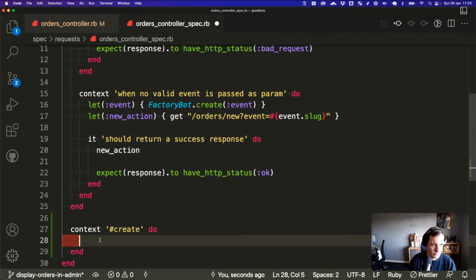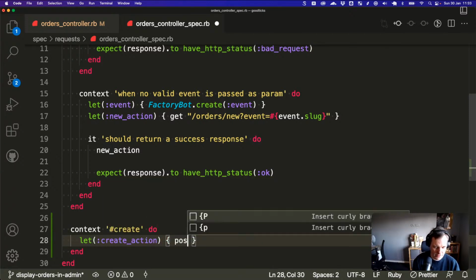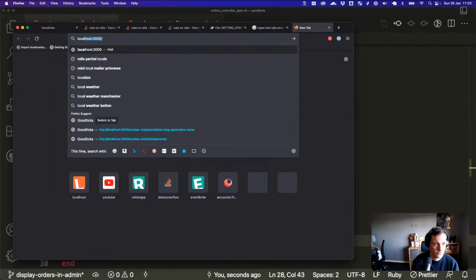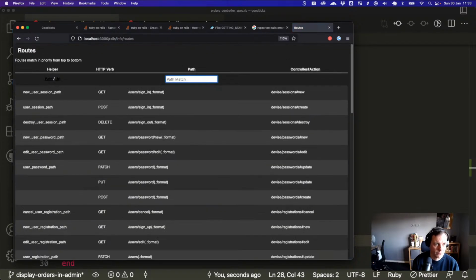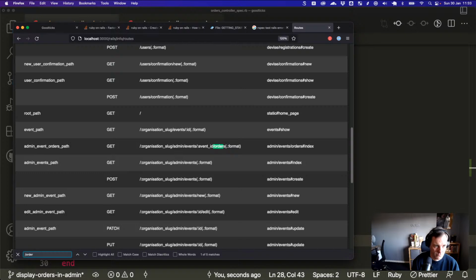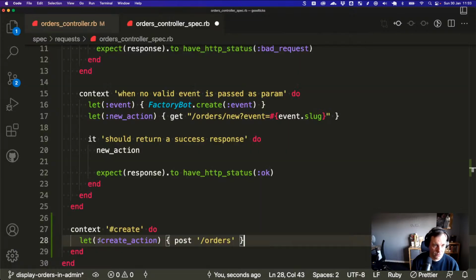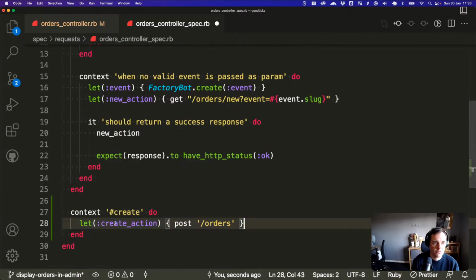So I guess... Okay, so what is the actual action we're doing? It's a create action, and I'm guessing that that is posting to slash orders. Just check that. Orders path, post orders create. Yep, okay. And